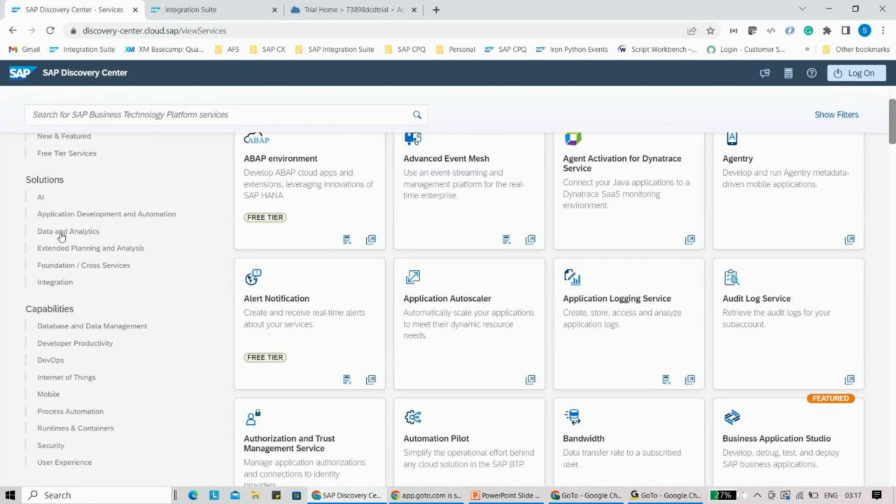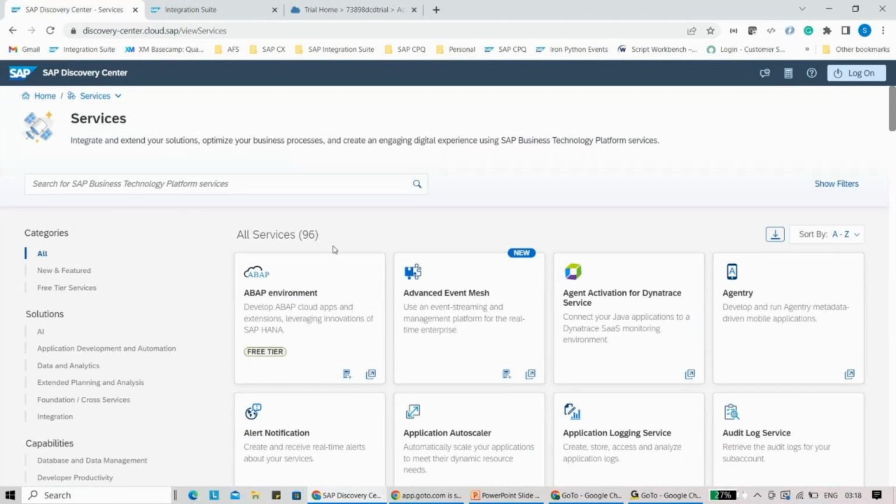So now you see that we have services related to data analytics. Then we have extended planning and analysis. Then you have on mobile process automation based on capability. So there are so many services we have. Okay. But I really want to take a minute here and show you which are the new